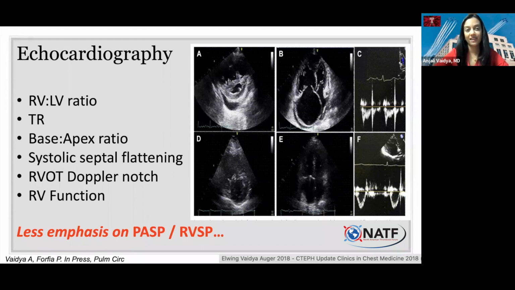In panel A, it looks like the letter D compared to that donut underneath it, that round symmetric circle, and that flattening of the letter D right there that you can hopefully see on the screen also gives us evidence of high pressure, high stiffness in the arteries of the lungs from the clots that have been there for a long time. And then I mentioned on the slide, you can see the word RVOT Doppler notch, which you do not have to memorize, but it's just a picture on panel C there, which is just